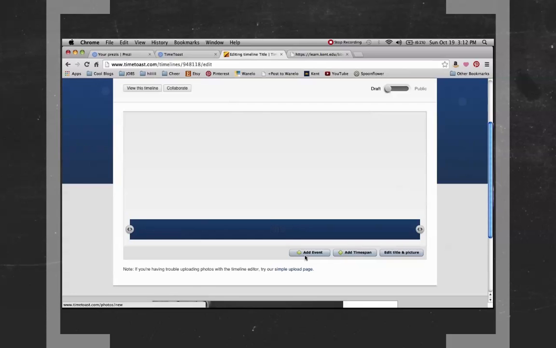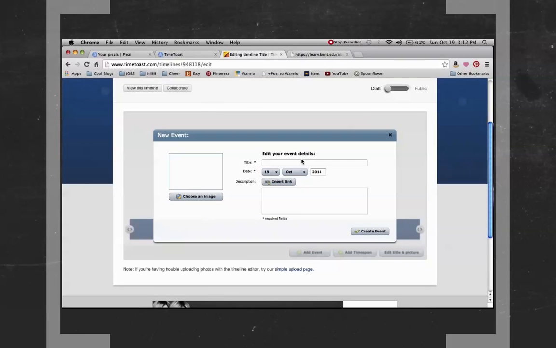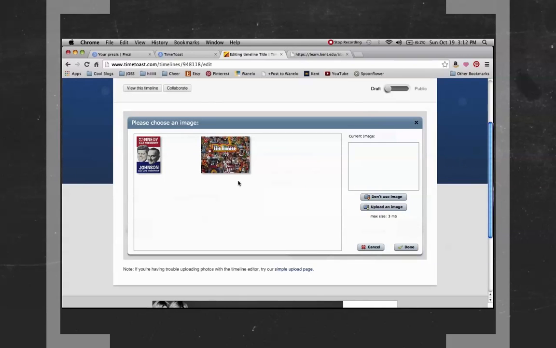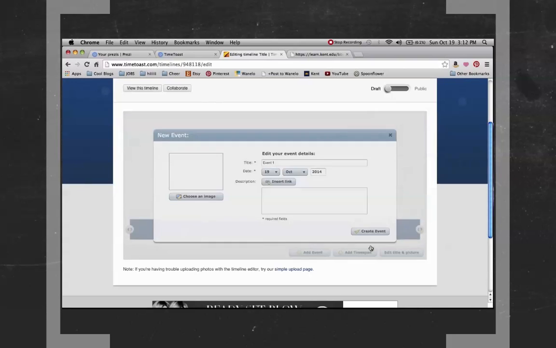In order to add an event, you can add as many events as you want. You just click Add an Event. Type the event, the date. You can choose an image. Here you can go and choose an image that you've already uploaded, or you can create one or upload one from your computer. Then you can add a description